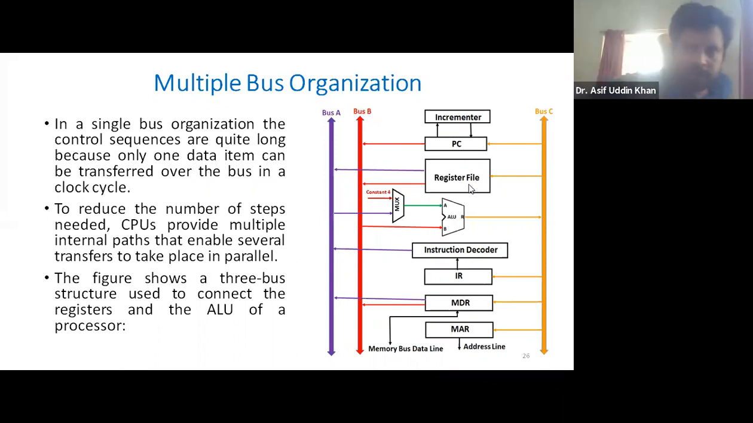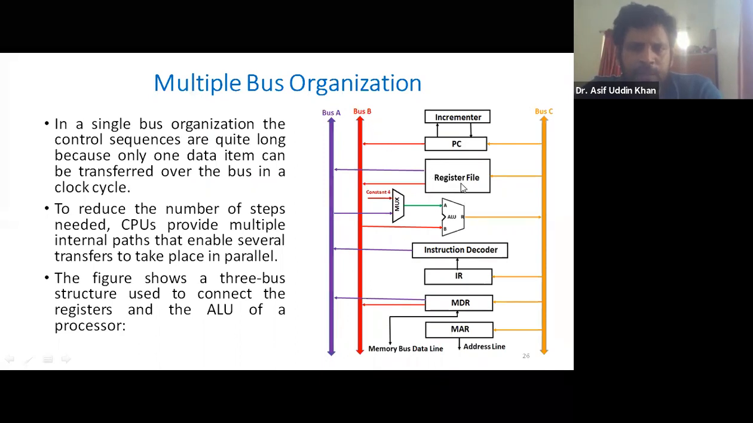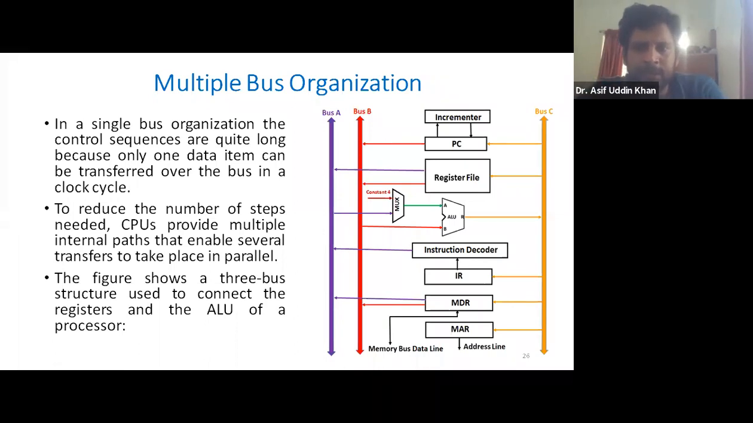You see here there is a register file. In the single bus processor architecture, we know that there are some general purpose registers from R0 to Rn-1. But in multi-bus processor architecture, all the general purpose registers are combined into a single block, and that is known as a register file. Register file does not mean it's only one register. It is actually a collection of